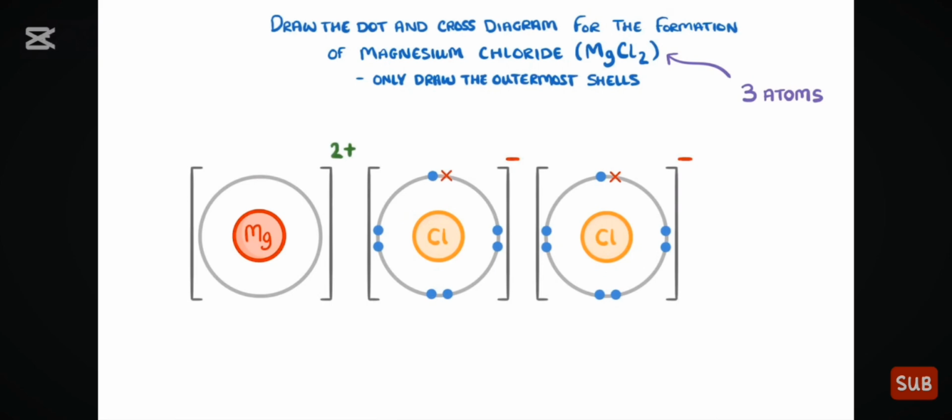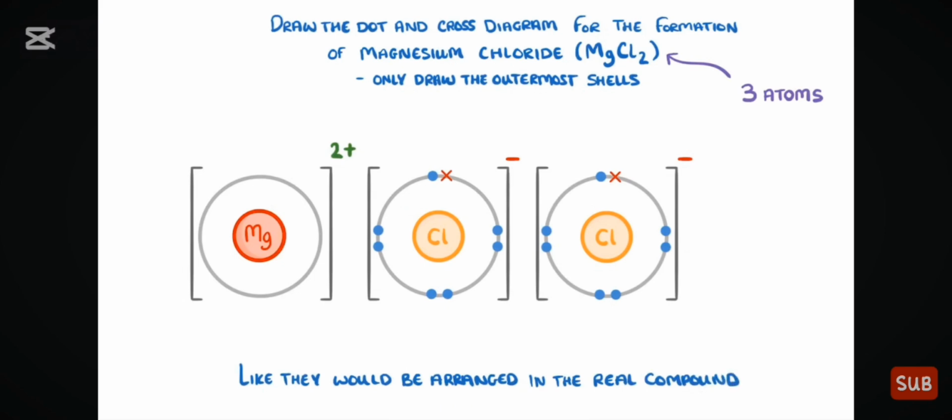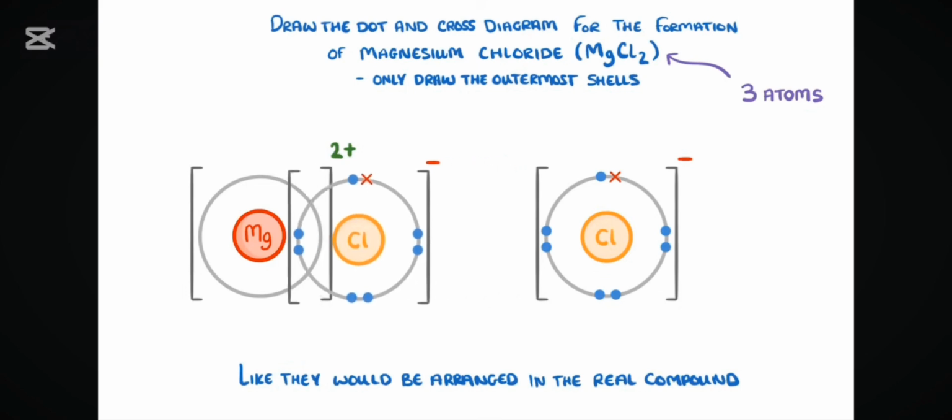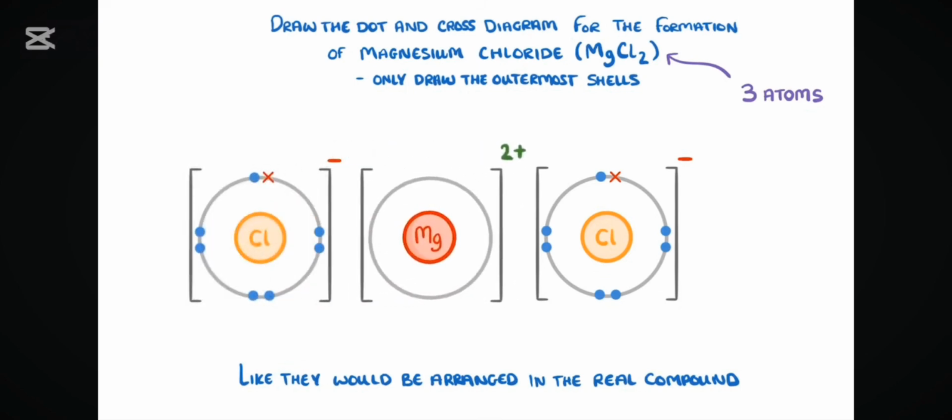However, in dot and cross diagrams involving more than 2 ions, we generally arrange the ions like they would be arranged in a real compound. So because the chlorides would both be attracted to the positive magnesium, we place them on either side of it. And that's